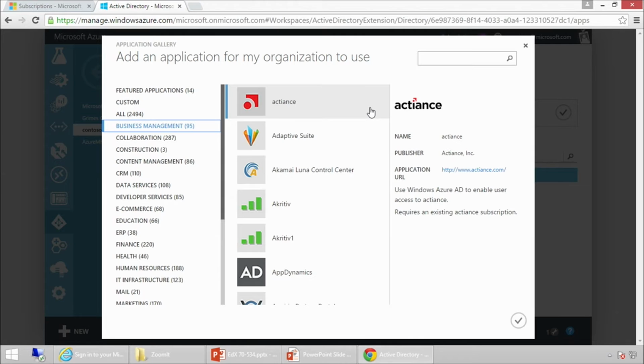So what happens is, if I choose these SaaS applications, it's going to do what's called password vaulting. You'll put in a password for that. It will vault it, encrypt it inside Azure Active Directory so it's safe and secure. And then whenever you need access to that, Azure AD unlocks that and provides access. So it kind of feels like single sign-on, but it's not true single sign-on in that sense. So that's just something to be aware of.